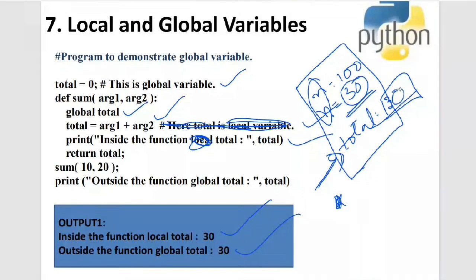So that's why when you print total, it is giving me 30, because you cannot have two global variables with the same name. That rule is there, right? Because that creates confusion to your compiler and your interpreter. If you have two variables with the same name, I'm saying A is equal to 20 and A is equal to 30. And I'm saying bring A in some expression, A plus B. And there are two values for A, 10 and 20, which are global itself.